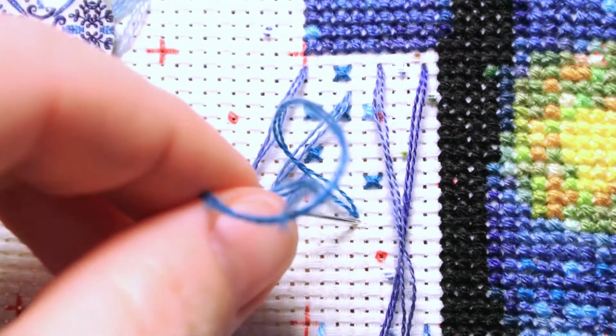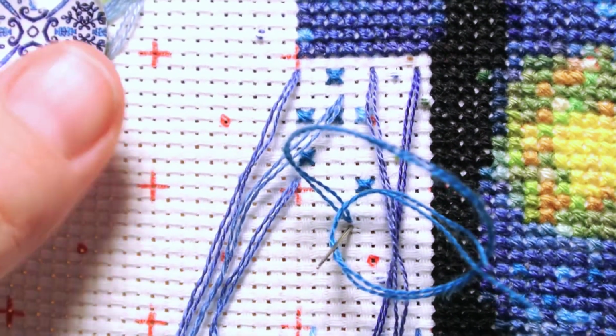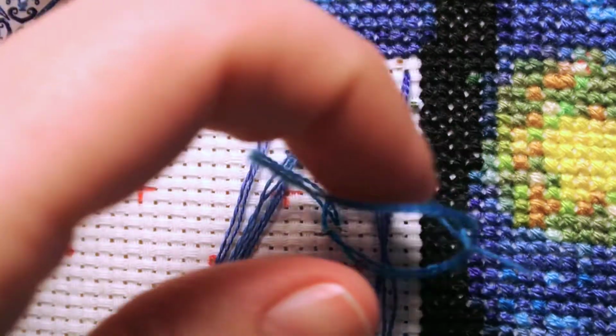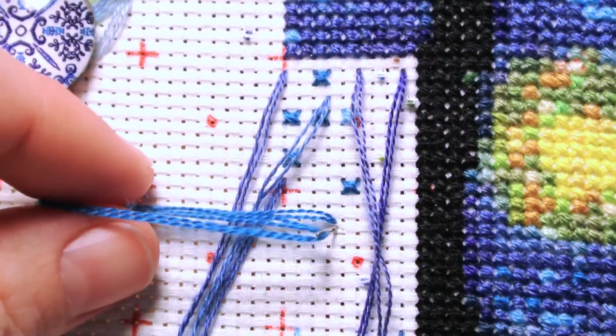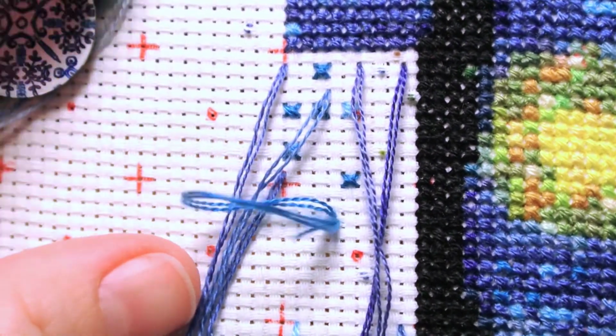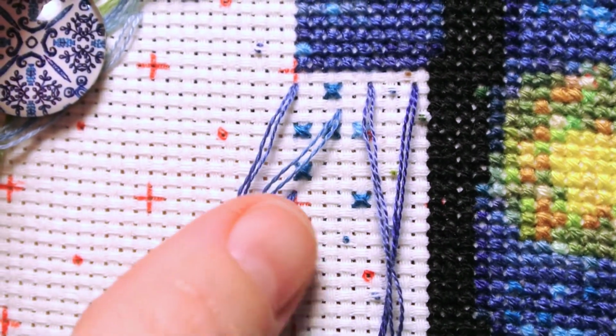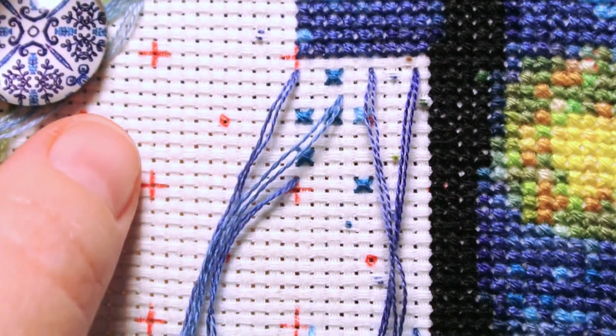I'm not left-handed, so stitching left-handed is a bit complicated, but I have my right hand on the back of the canvas, so I don't want to move it. So I found some hole next to it. Not the same hole, the next one. And here, as you can see, there is a little